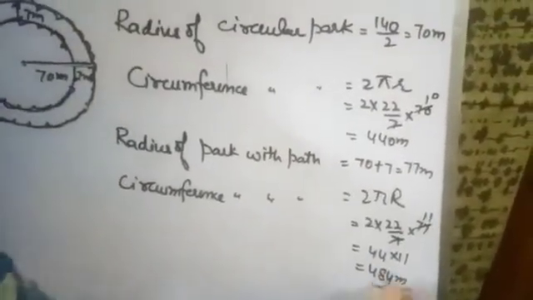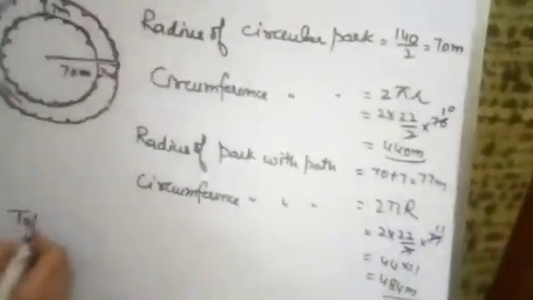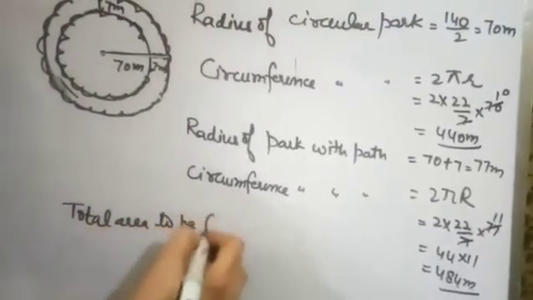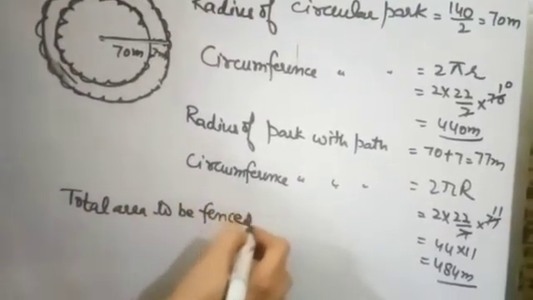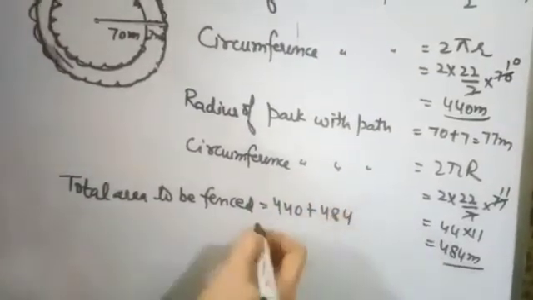These two boundaries have to be fenced. Now the total length to be fenced is 440 plus 484, that is